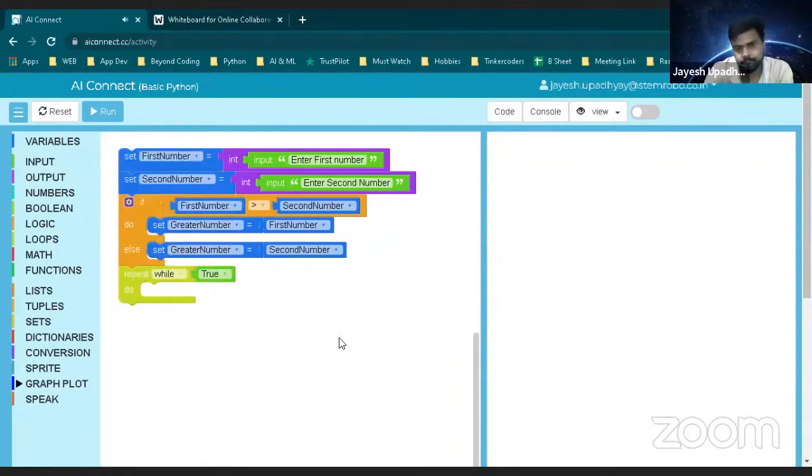Okay. So I told you before also how the while condition works. While works if the condition is true. Whatever condition you are writing, it should be a true condition. Then only it will work. Making sense, right? Let me repeat again. In the while condition, we always write a true condition. So don't you think I have written true? It's always true, right? Now my while will always work.